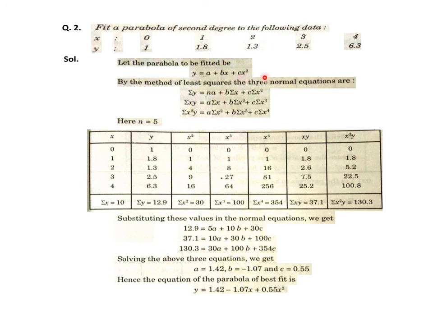y in that case, and to create normal equations we have to multiply the equation by different powers of the independent variable. Here we multiplied by x, but if y becomes the independent variable, then as per that choice, multiply the equation by y power 1 or y power 2, then operate sigma to create these normal equations. That is just about changing the format of creating normal equations, interchanging x and y, nothing else. So that is almost everything about fitting a straight line or parabola over given data.